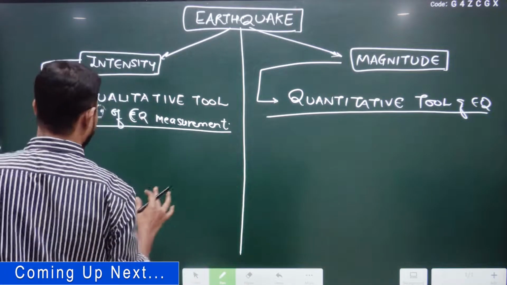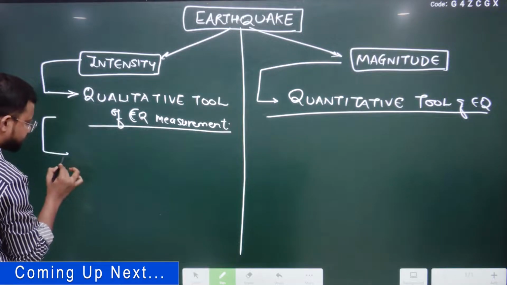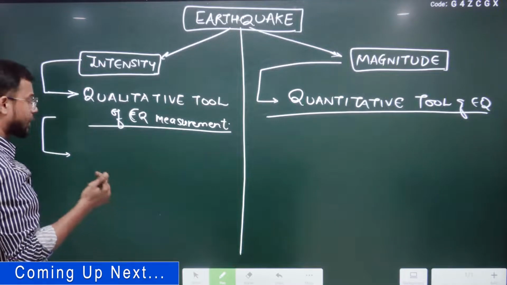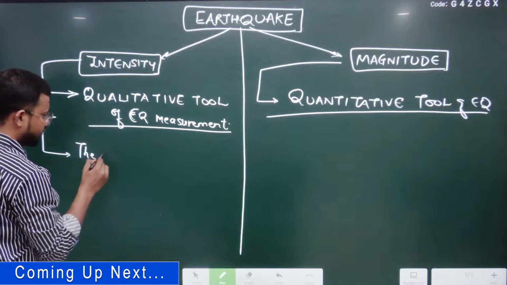Yes. So I hope these 2 points are pretty much clear to you. See guys, next is generally this intensity. वैसे बहुत सारे methods रहेंगे, but this intensity is what measured by the